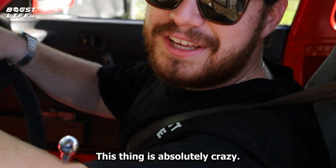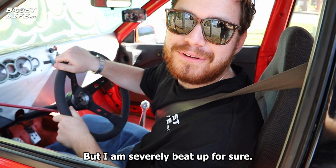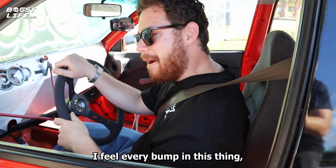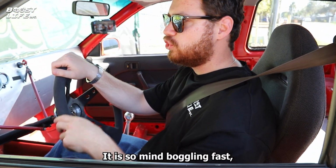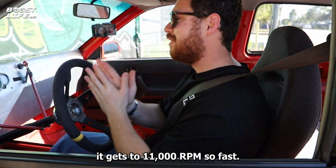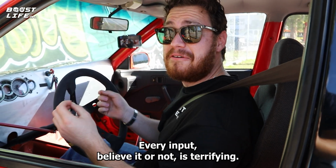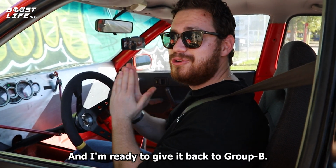How do you feel? This thing, bro, is absolutely crazy, but I am severely beat up for sure. I feel every bump in this thing. The transmission is so rough. It is so mind-boggling fast. It's still 11,000 RPMs, so fast. Every input, believe it or not, is terrifying in this thing, and I'm ready to give it back to Group